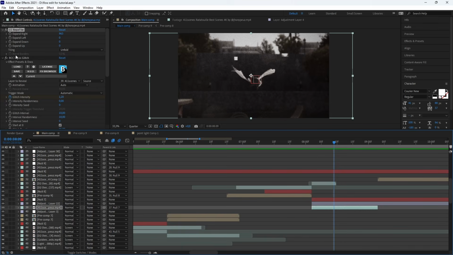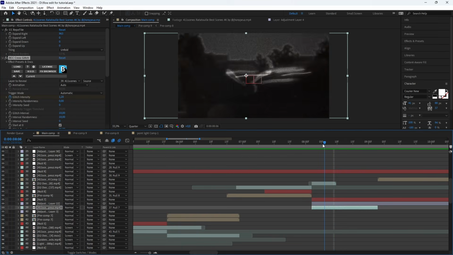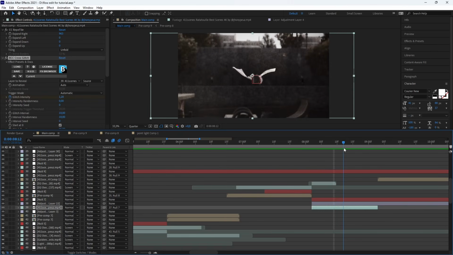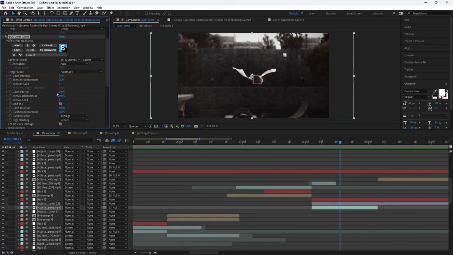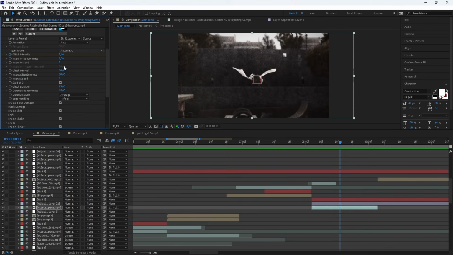And I added a BCC Cross Glitch effect. It's very small, we don't really see it, but here you can see the effect with these settings.